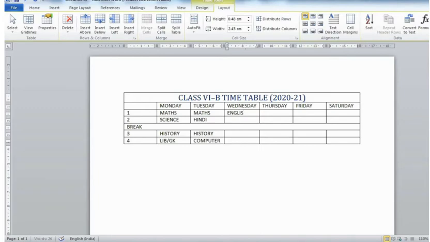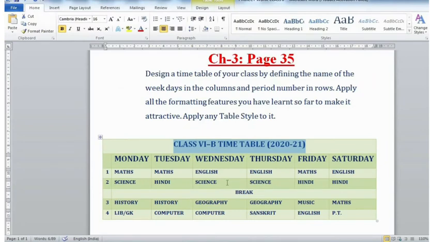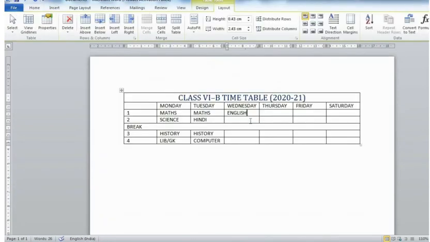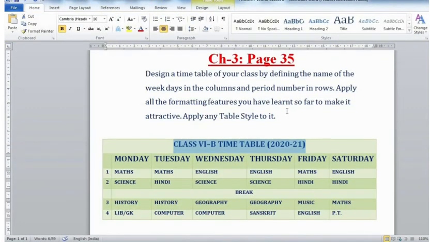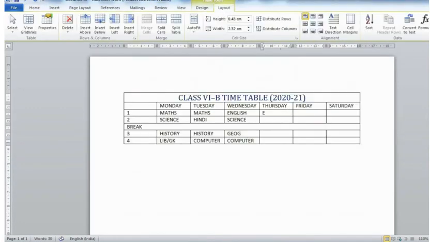English, science, geography, computer science, geography, computer, then English, science, geography, Sanskrit, English,